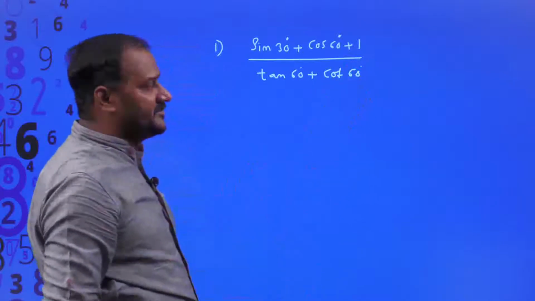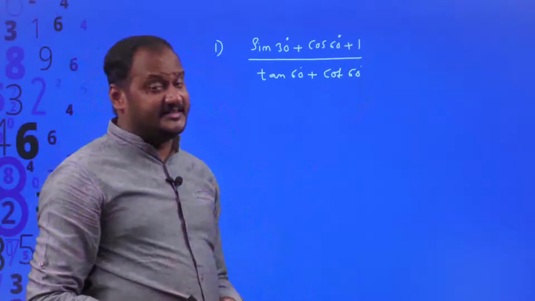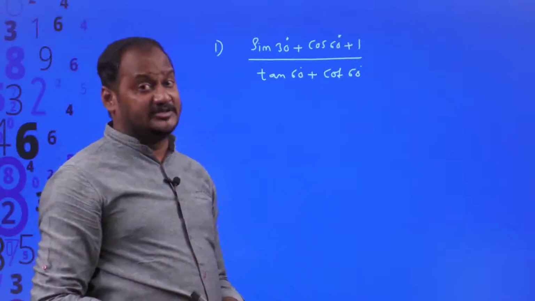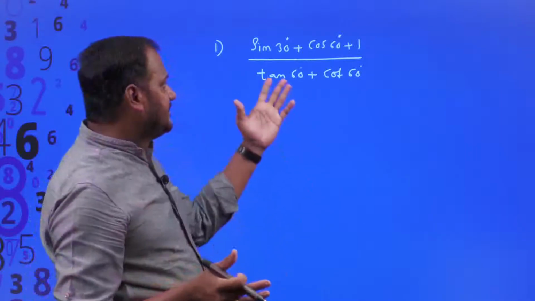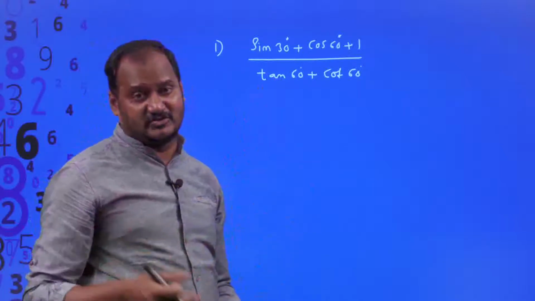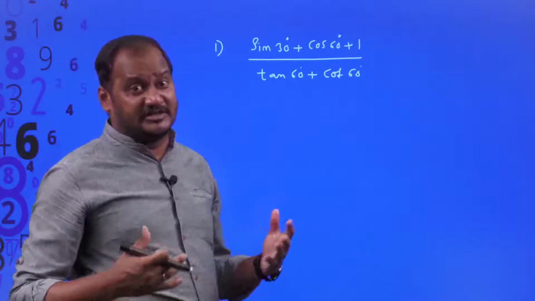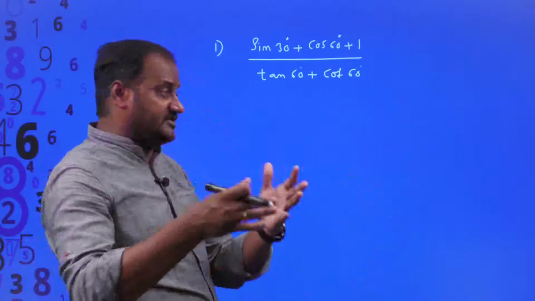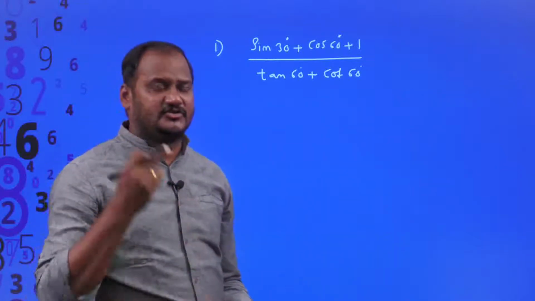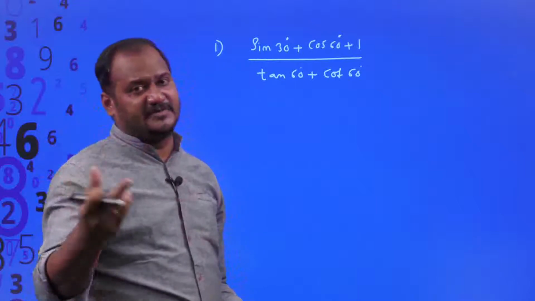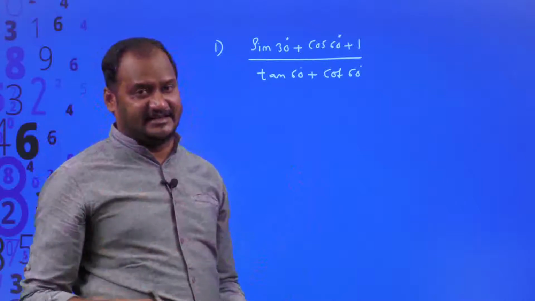For example, if this problem is given and you are going to simplify this, it is mandatory to remember the values of all trigonometric ratios. You should tell them instantly, because this kind of question may carry 1 mark or 2 marks. Otherwise I will go for the table, first prepare the table and then extract all these values. It's a time-wasting process. So try to remember all these trigonometric ratios and get the values instantly, right?